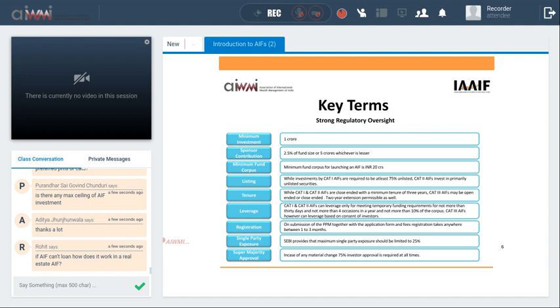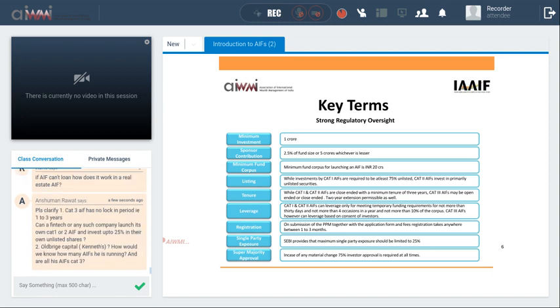However, if the idea really is to provide very personalized, tailor-made investment solutions, AIF is not the product, because AIF really works when you bring investors together and invest in one single strategy. Whereas a PMS can really be customized for each investor. So a question from Old Bridge Capital: how would we know how many AIFs are